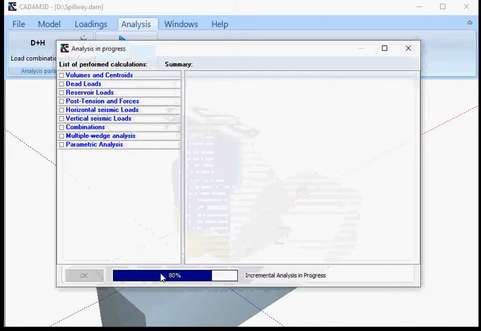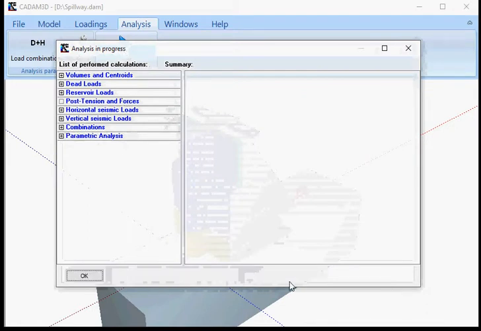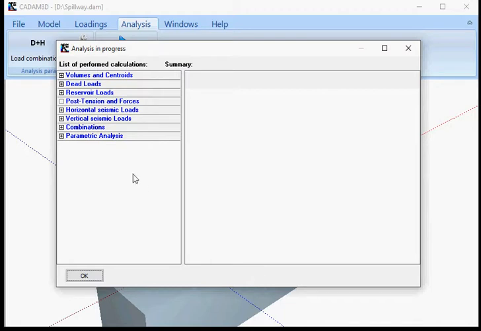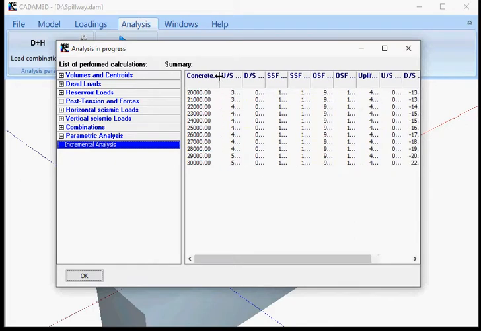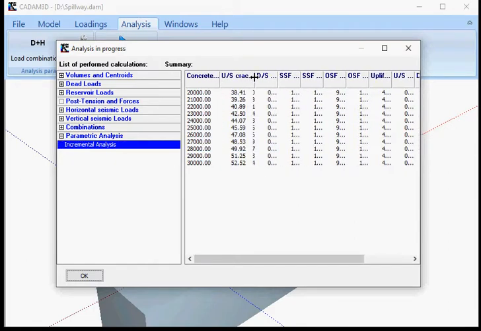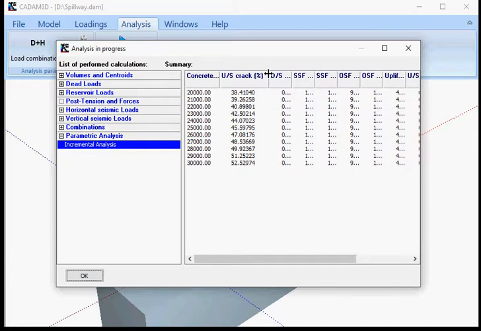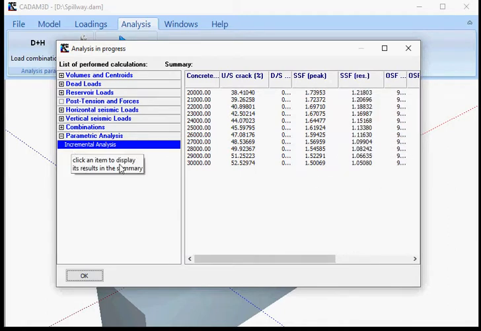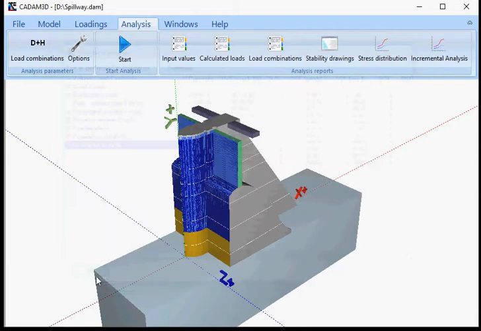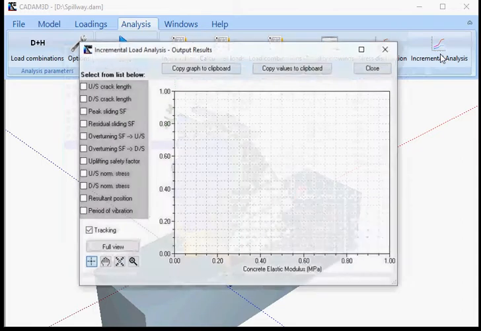As we can see, we are performing an incremental analysis, and it's done now. So 11 steps done in a few seconds. If I click here, I have a very fast view. So for my concrete modulus, I have the upstream crack length in percentage. I have here the sliding safety factor for the peak, for the residual. So I have a very fast view of the results, or I can go into the incremental analysis report, click